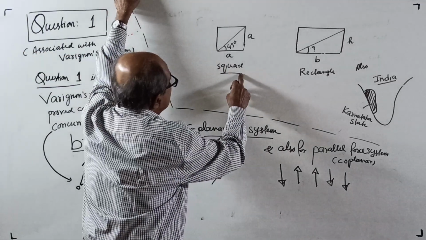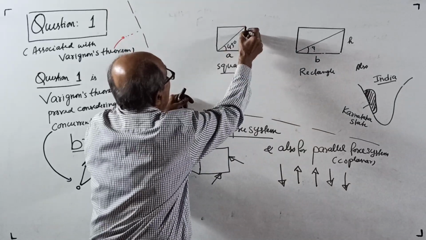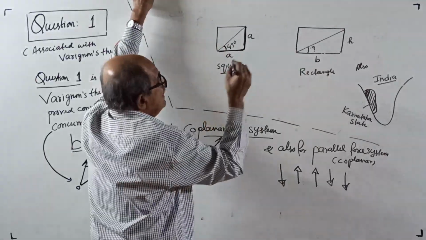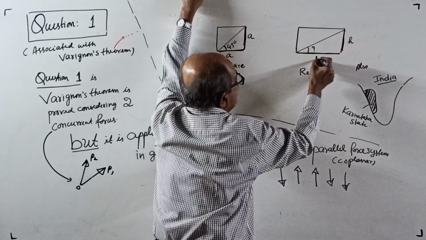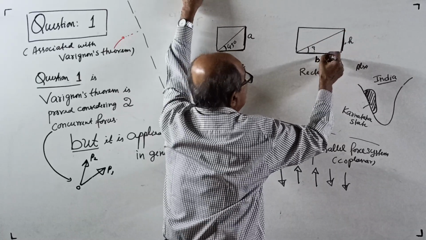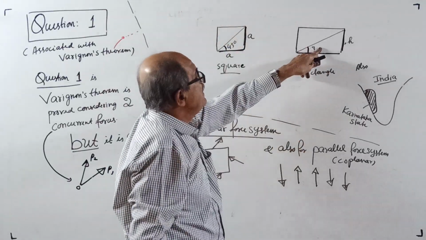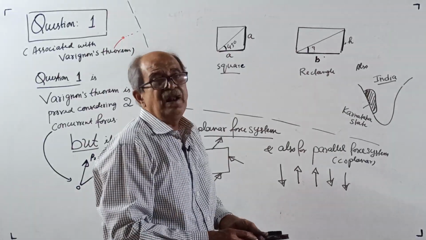Consider a square, with side A and A. So this angle is surely 45 degrees. Consider a rectangle B by H. Here, their sides are not equal, and this angle is not 45 degrees. It may be anything between 0 and 90. Or, remember,